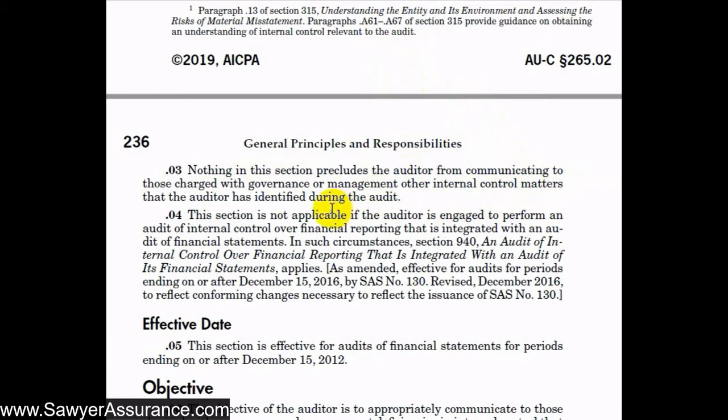But if we're performing an audit of internal control over financial reporting that's integrated with an audit of financial statements, this AUC Section 265 doesn't apply because AUC Section 940 tells us what to do in that circumstance. So if you're doing an audit of internal control over financial reporting, you need to jump to 940 and ignore